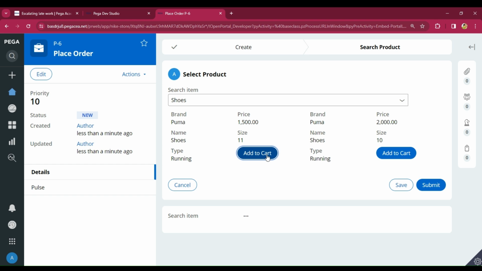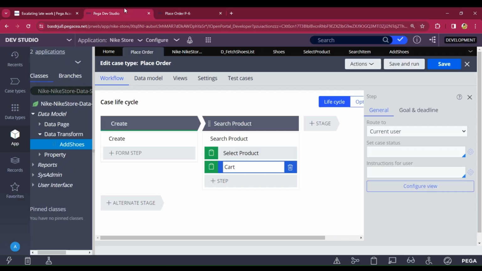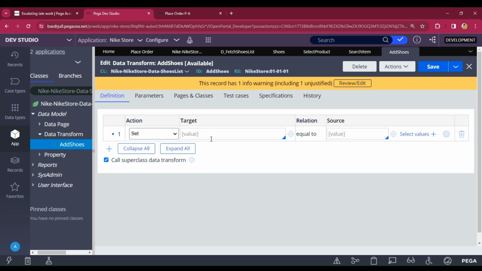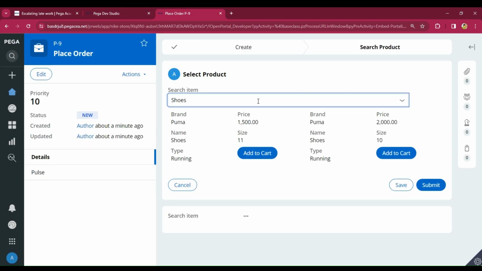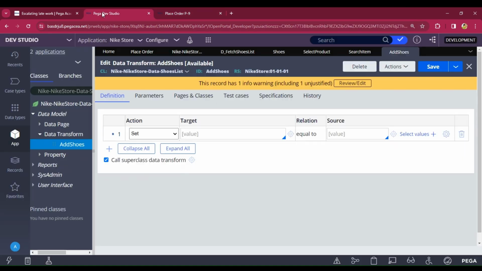So we have to create a data transform. We already created it. We have to implement the data transform. So first we have to go to the data transform, that is add shoes, and here we have to find out what is the source and what is the target. So source is definitely these product values. These property values are from the data class only. Just go to the data transform, and you have to set this as append to, and the relation is current source page,